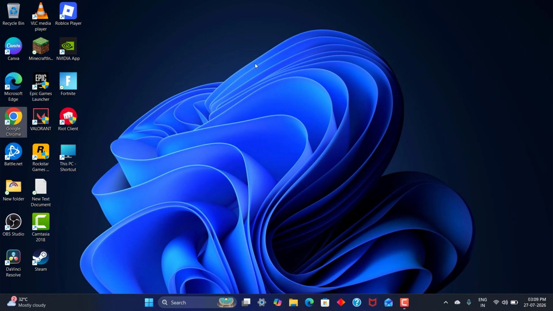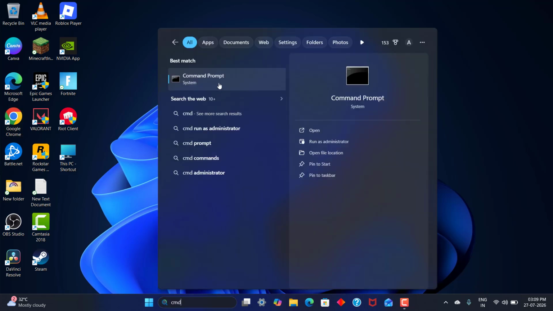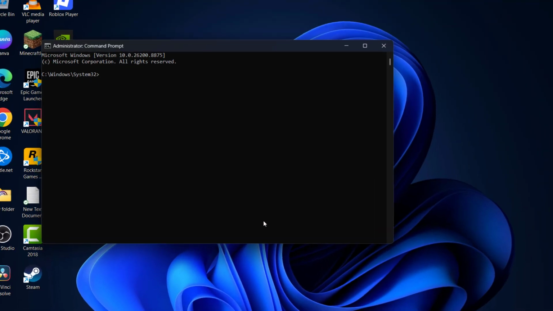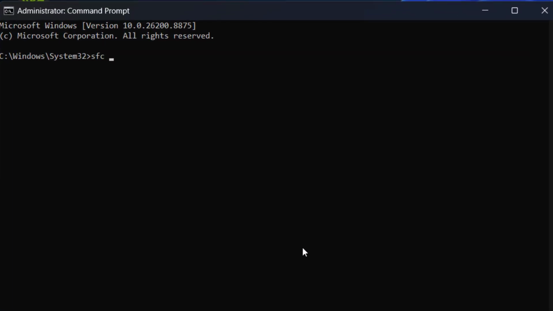After that, move on with next step, search for cmd, command prompt, right click, click run as administrator and type the following text, sfc space /scannow, click enter,